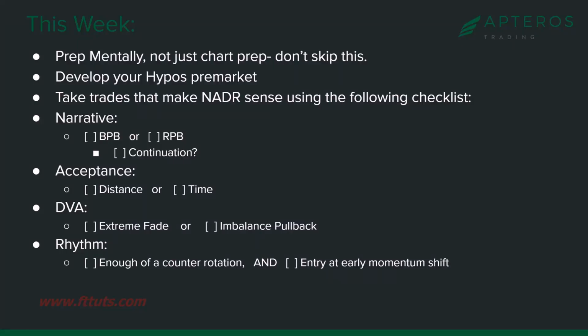And remember, there's 2 things to be in rhythm for a trade. You get a counter rotation, and you also would need to check that your entry was early in the momentum shift, right? Not late once the Heikin Ashi had already turned and we're drifting far away from there. Not early after we've had an up rotation and then you get this and you're getting long. That doesn't make sense. That's early. Wait for enough of a counter rotation and then get in with a momentum shift. So both of those things.